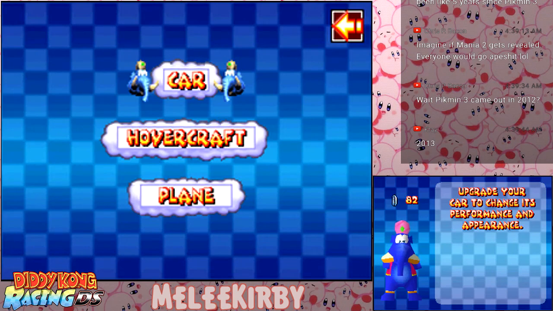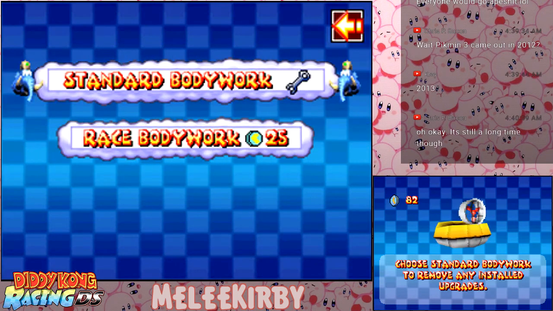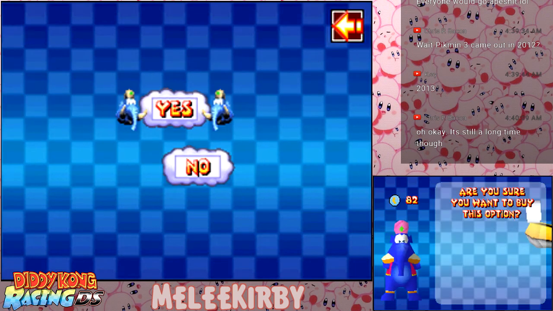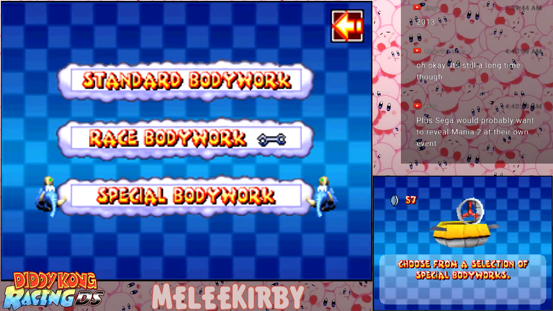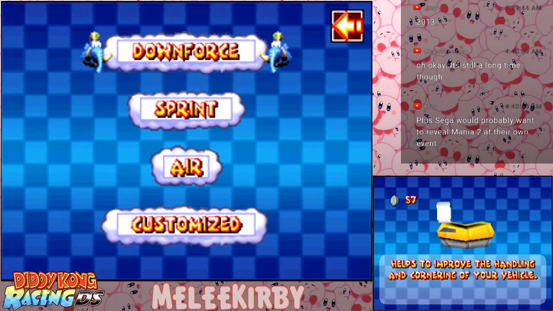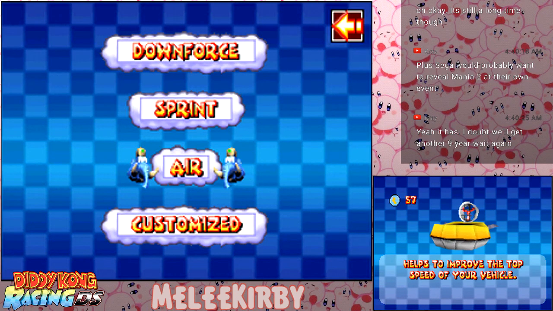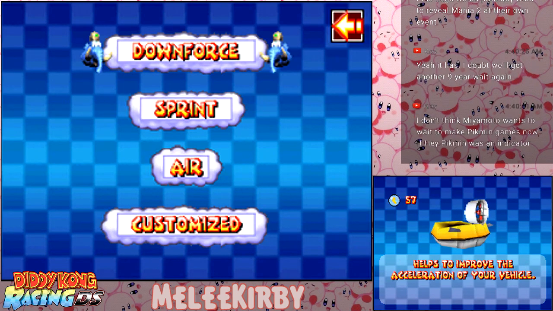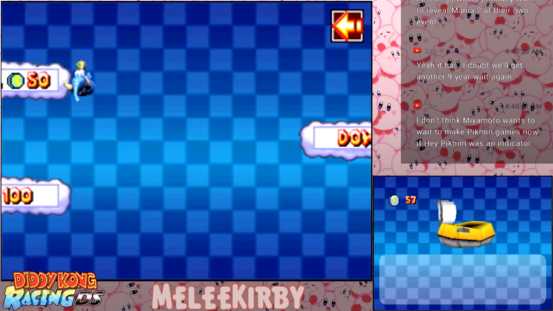Right, vehicle upgrades, Hovercraft. Race bodywork. Special bodywork. How much is this? Choose my selection. Right, okay. Downforce helps to improve handling and cornering of your vehicle. Helps to improve the acceleration. Helps to improve the top speed of your vehicle, and handling is sacrificed for speed and custom look. I don't know, I really need to focus on the handling, so...